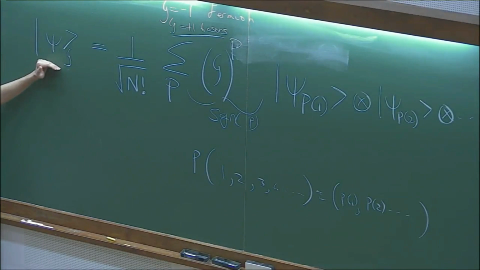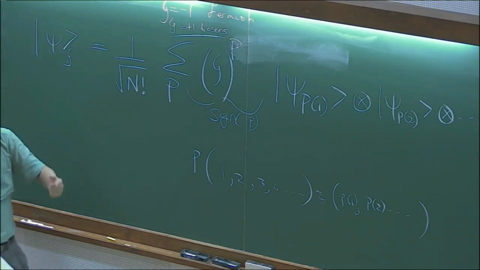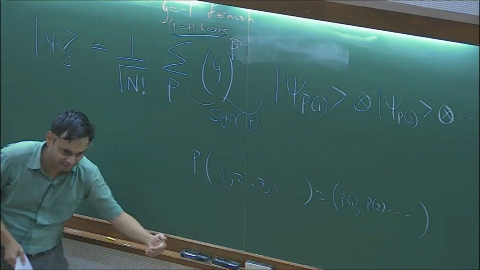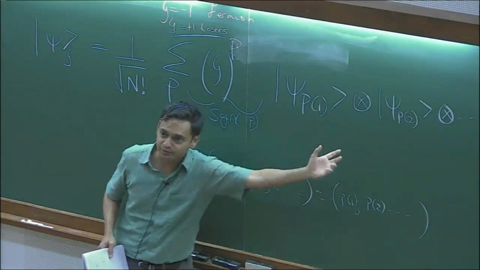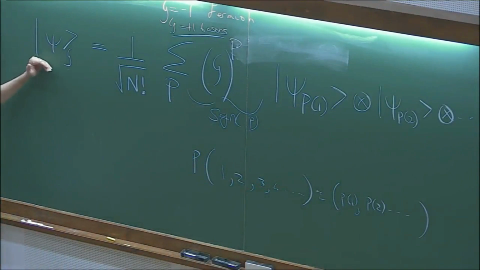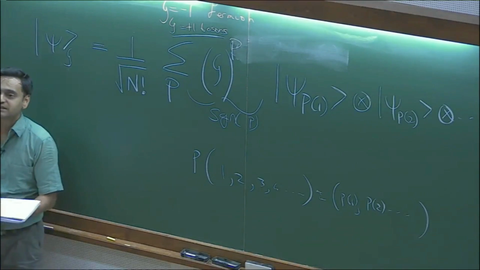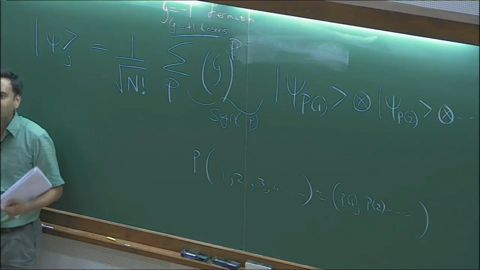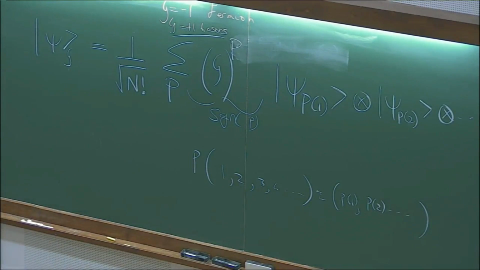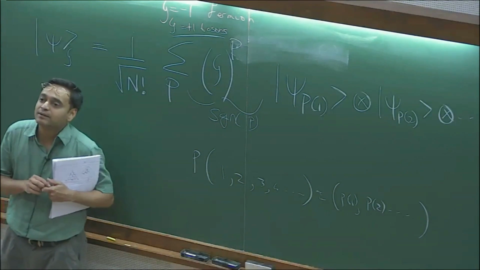Because if I now take this state, it's no longer possible for me to uniquely say that this particle is in this state, because I'm summing over all these possibilities, all the permutations, right? So this is a legal bosonic or fermionic state. We started with something that was not legal and we got to something legal. Okay. Now it's actually possible to work with these wave functions and describe n-particle states, but it gets quite painful if you want to do it this way, especially if your Hamiltonian doesn't conserve particle number. Supposing your Hamiltonian is such that it can create and destroy particles, then this gets quite hairy and it's not particularly convenient language.